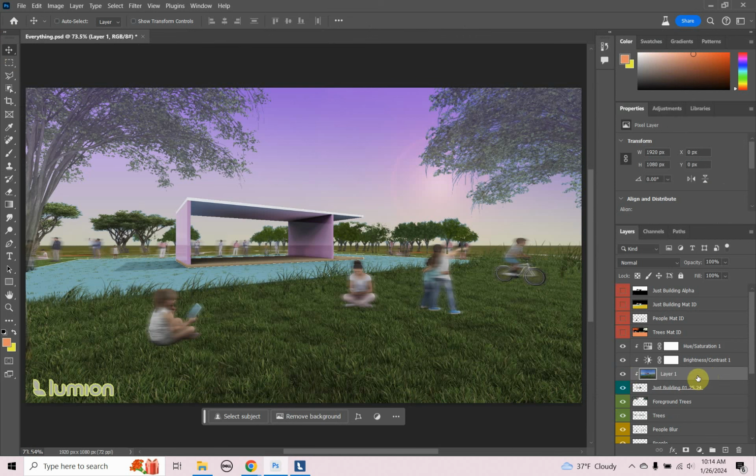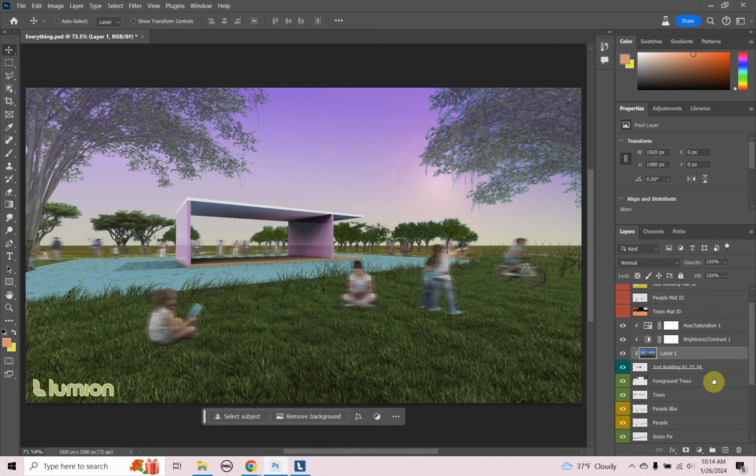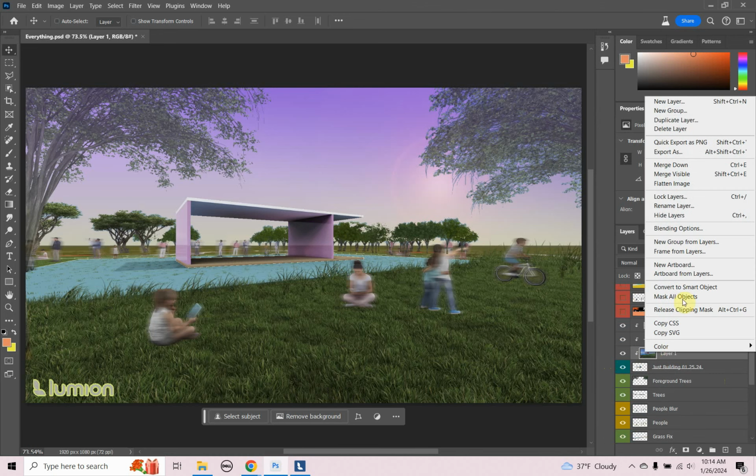And I'm going to take a look at this. It's actually coming in pretty good in the right position, even with everything on it, because it's falling right above everything, right above the grass. So that came in wonderful. That's awesome. So that's my new rendering, and I'm going to just rename that